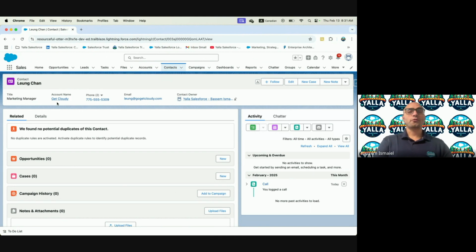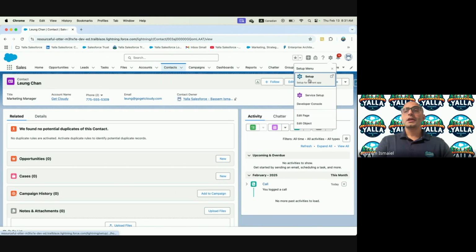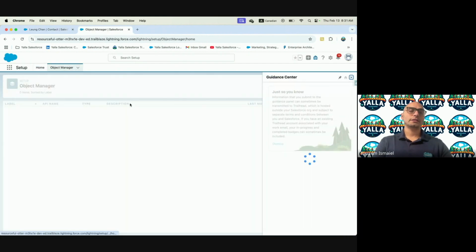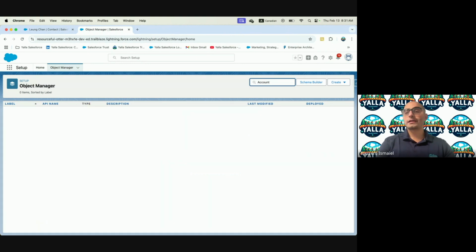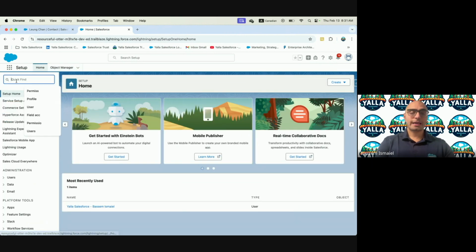Now it's time for the account contact relationship. If I go to setup, open the object manager and look for account contact relationship, there is no account contact relationship. It's just an account. So how can I get there? In the home, account